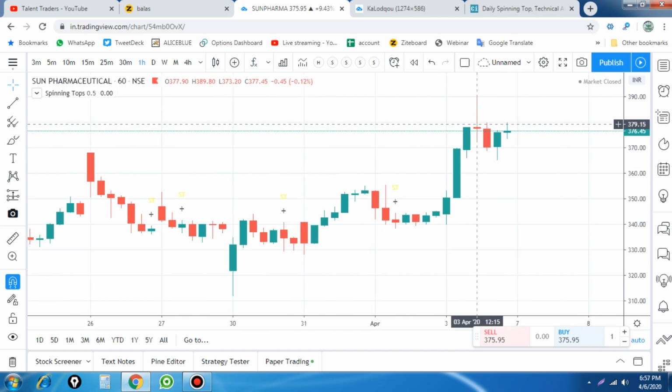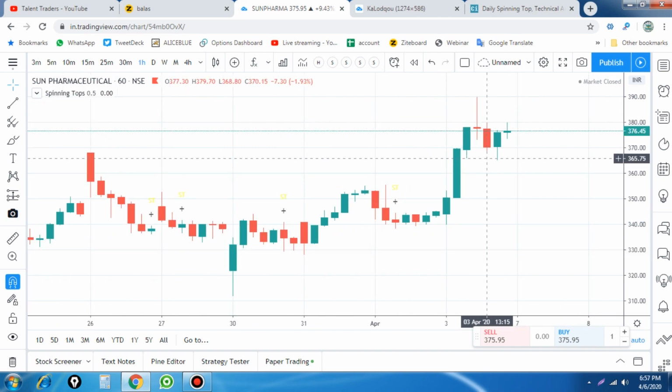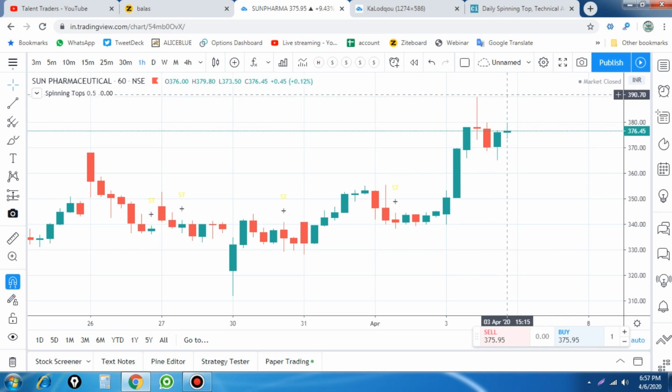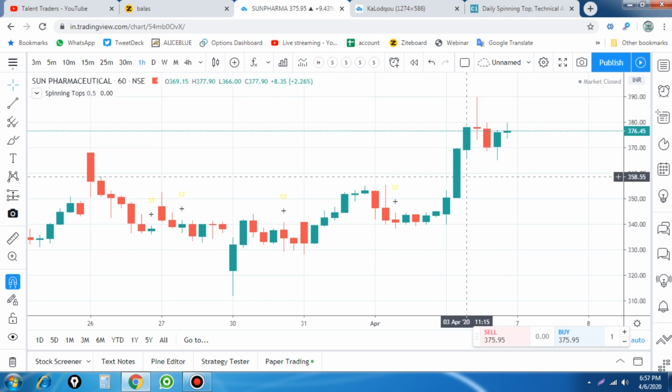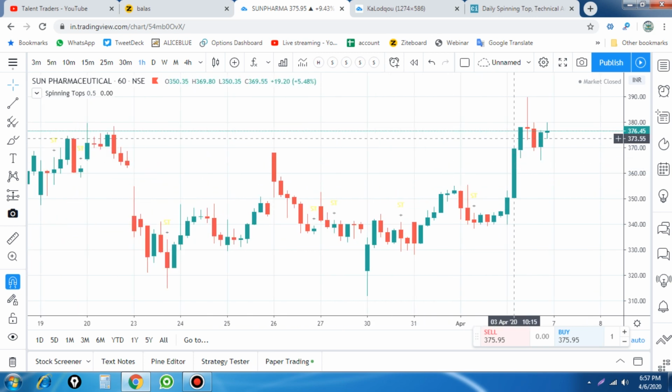And you see that there is a doji candle. So when it breaks below this level, it exactly triggers your sell entry, and this is where your stop loss goes if you are doing the trade based on the hourly chart. This is not about spinning top, it is about doji-like candles.